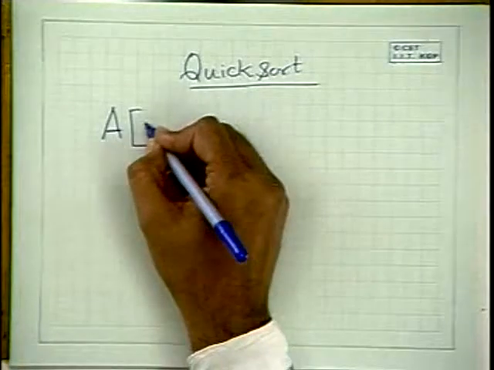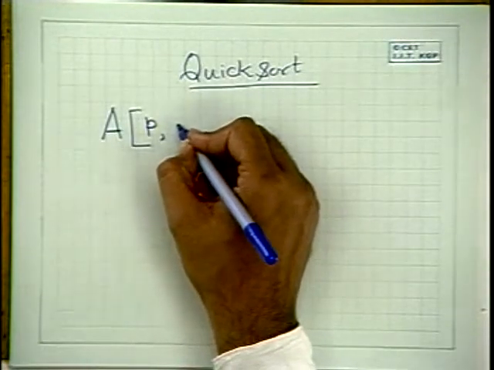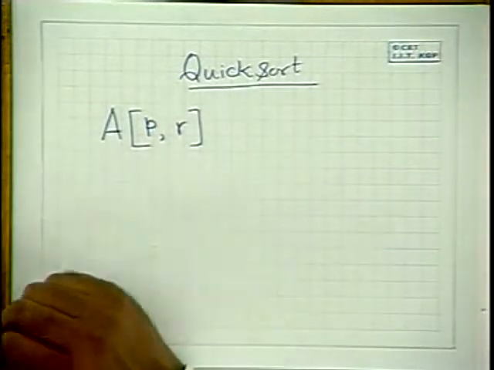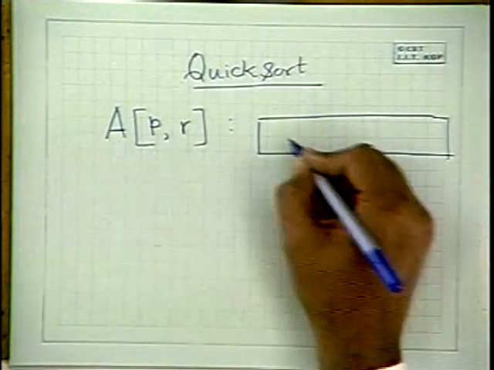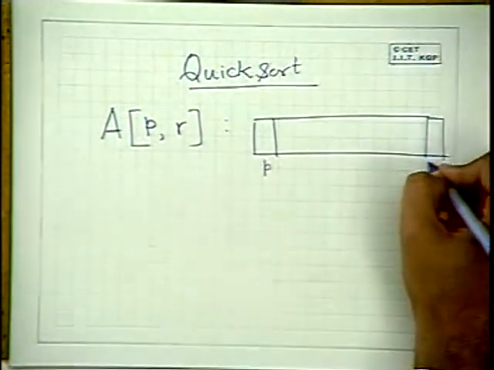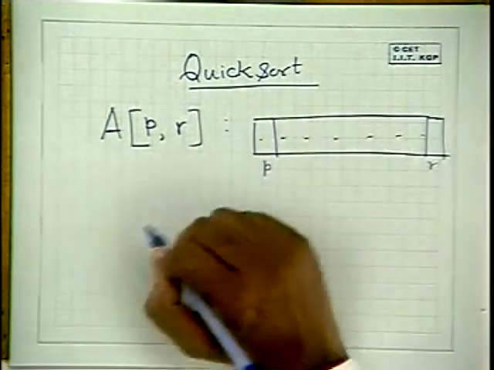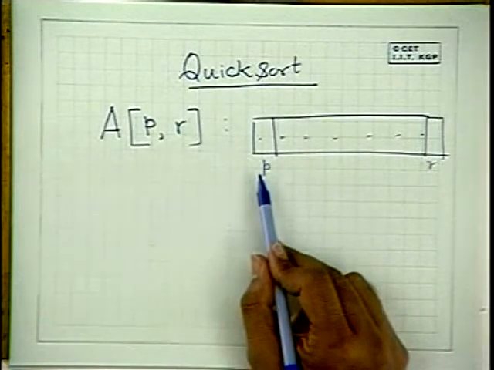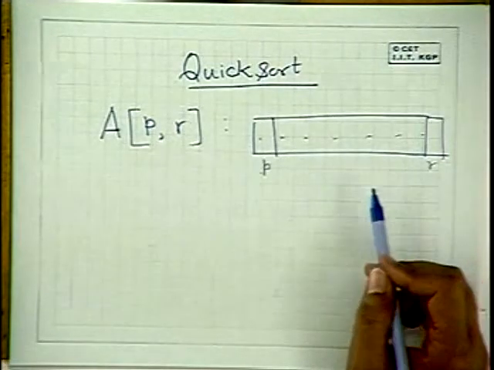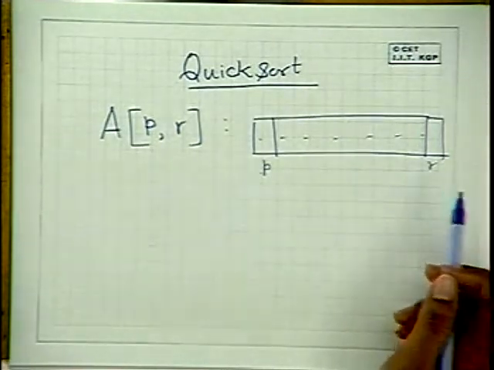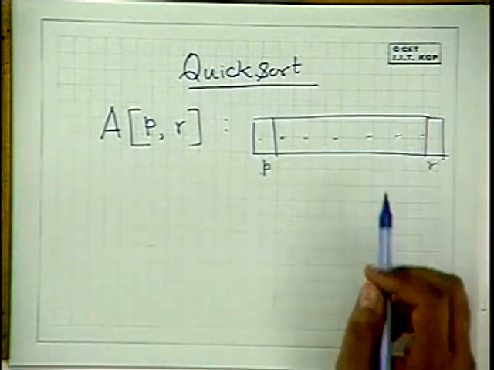First of all, I will assume all the numbers have been given in an array. The numbers have been given in array A, which are in between P and say R. Basically, we have been given this array, this location is P, this location is R, and the numbers are here. Why am I using this left position P and right position R? Because there will be recursive calls, so I need in general indices. I cannot specify 1 or 2.